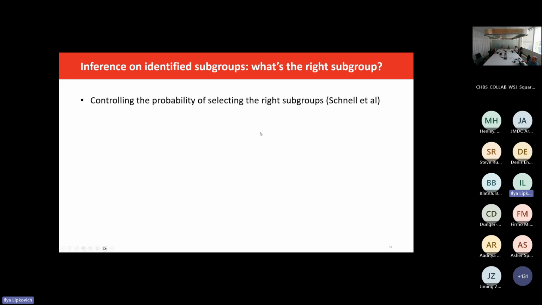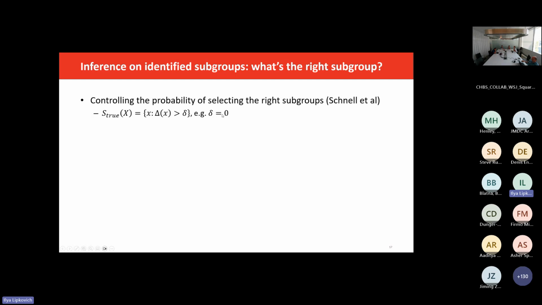And the first type of inference would be controlling the probability of selecting the right subgroup, which was developed by Schnell and colleagues. And here you essentially threshold these Bayesian estimators of delta with, say, some threshold maybe at 0.